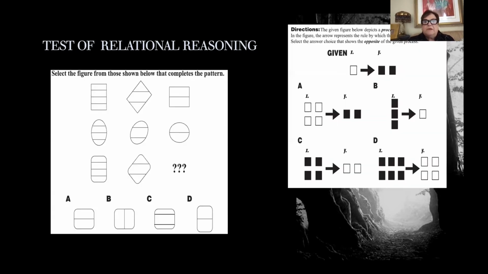These are just two of the release items. These are the practice items that people take at the beginning so that they can be sure that they understand the directions. Because a lot of these are extremely novel ways of thinking about the world. We give them two practice items. We don't train them. We just let them know what the correct answer was if they got it wrong. We don't say why they got it wrong. Because again, the point here is to see what they can do, not to teach them how to do it.